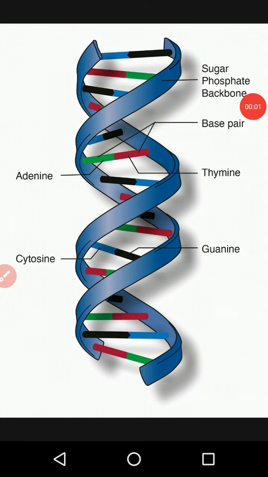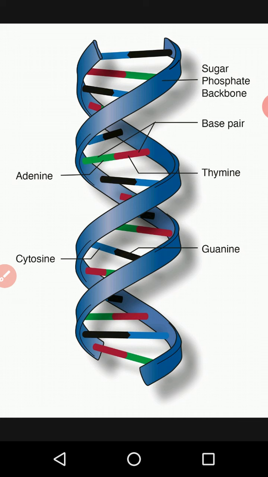Hello children, now we are going to study another part of this chapter, and that is the chemical structure of DNA. So always remember the definition of DNA. DNA is actually a long, lengthy chain of polymers of deoxynucleotide. So you all have to learn that the structure of DNA is a long chain, or polymer, of deoxynucleotides.